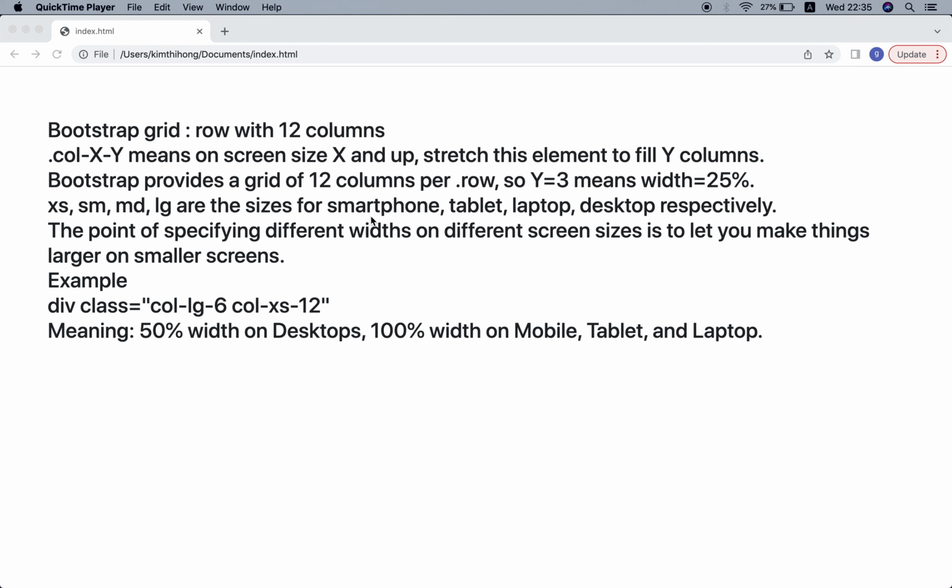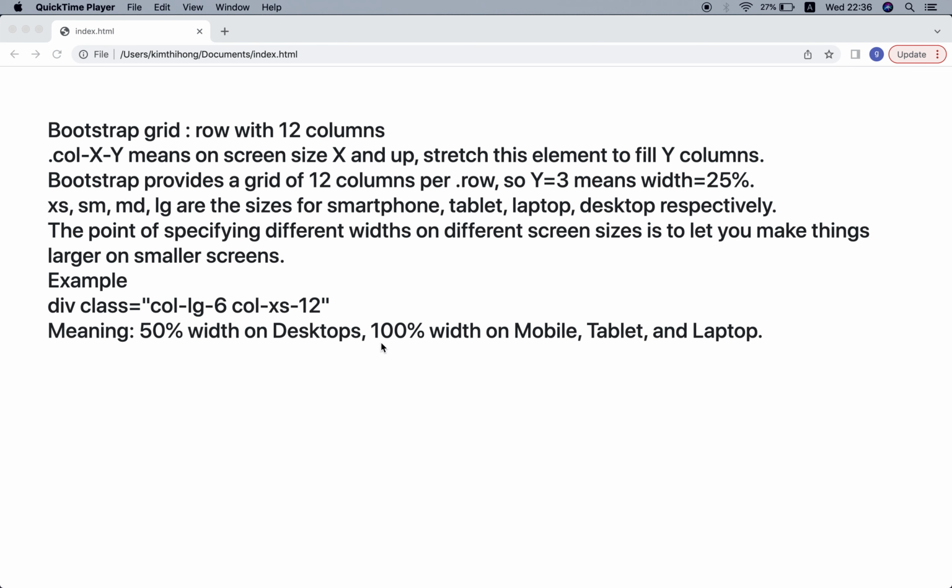Today I continue CSS lesson Bootstrap with a very important topic about the Bootstrap grid. You know that in website development you should divide your screen into rows and columns, and with the Bootstrap grid system you can imagine that your screen can be divided into rows and columns, and each row should have 12 columns. Okay, that is the Bootstrap grid system: a row with 12 columns.